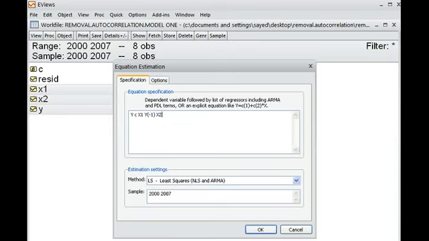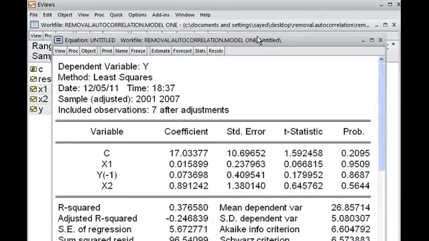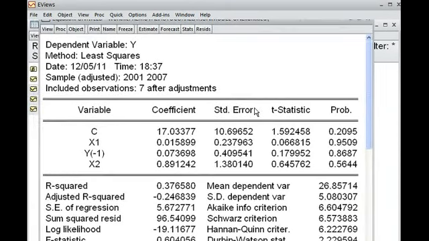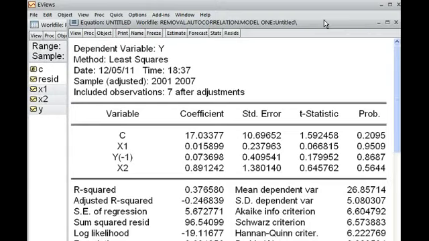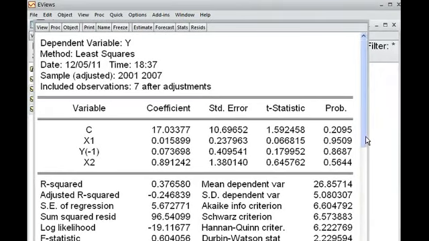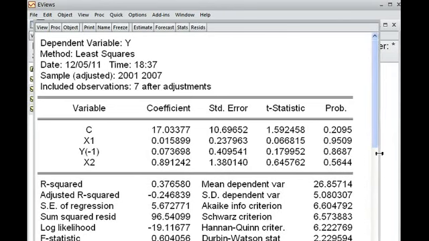We want to run it now, and I run it. Yes, the result has come up. You can see the outcome of the auto-regressive model.